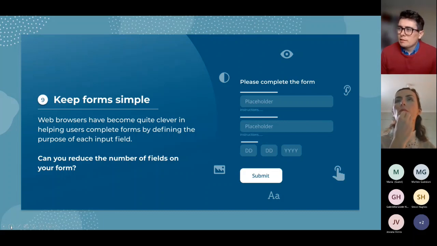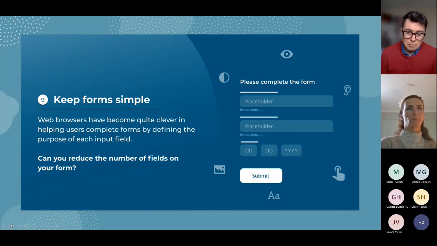So one of the ARIA attributes I spoke about was ARIA label. An ARIA label is used as a way to link a label to an input field, so that the user is able to clearly understand which label associates to which text box, and therefore knows which data to put into which text field. It's not just about which is the closest, because if it's being read to you, there's no understanding of which is close to which.